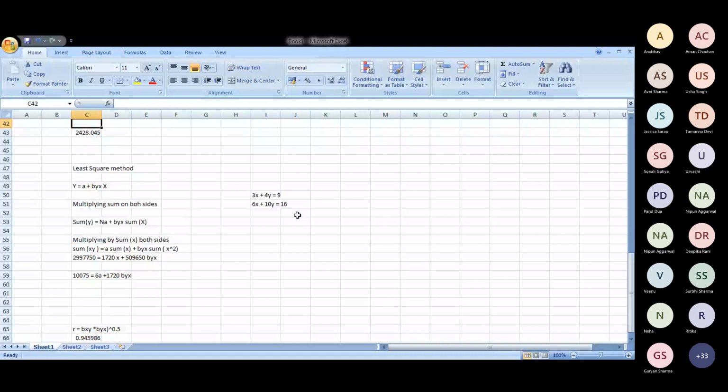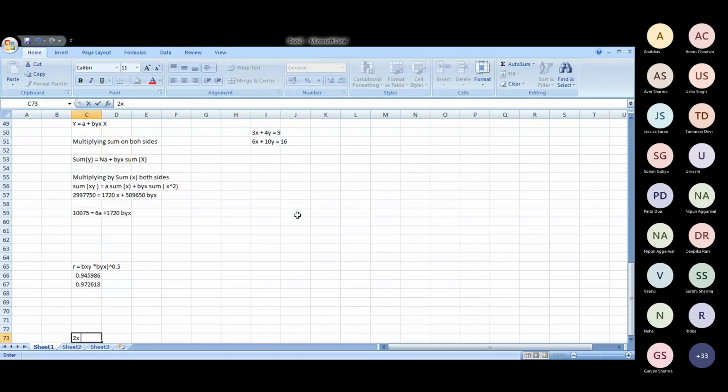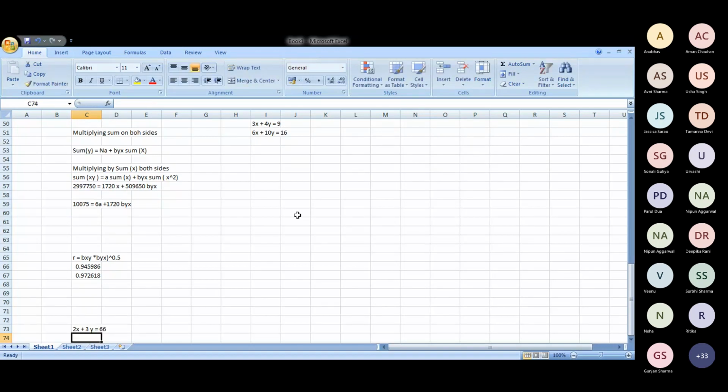Clear? हमें regression lines given है, so we want to find the values of x and y from that. So let's take the example for that. Again, we have the two regression lines, 2x plus 3y is equal to 66, and 6x